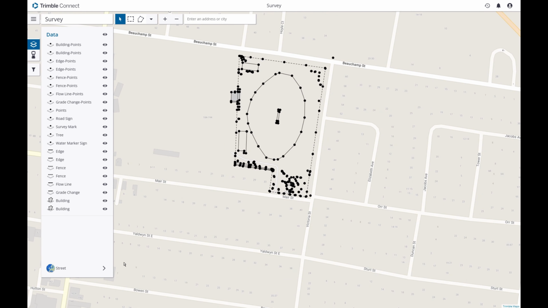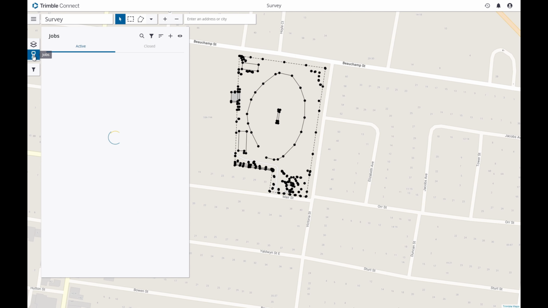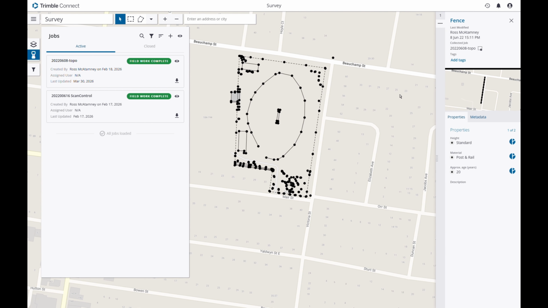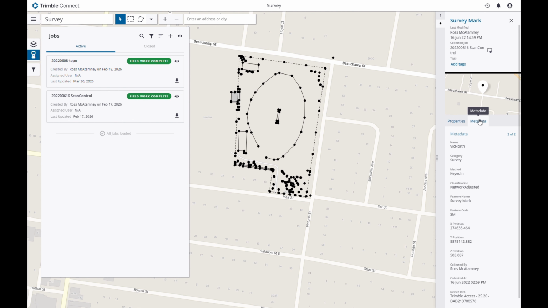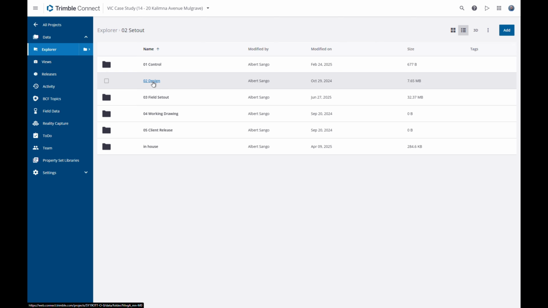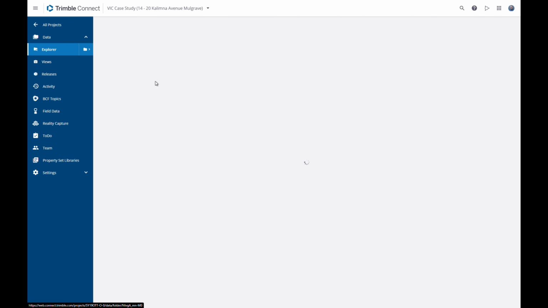This gives both a quick view of the data in a file while also being a great way for office teams to quickly see what's been captured on site without needing to download the data or use specialized tools. This way, the office can collaborate with field teams while they are still on site if needed, minimizing the need to return later on. Still in the Explorer, the Data Manager gives you full control over how files are stored